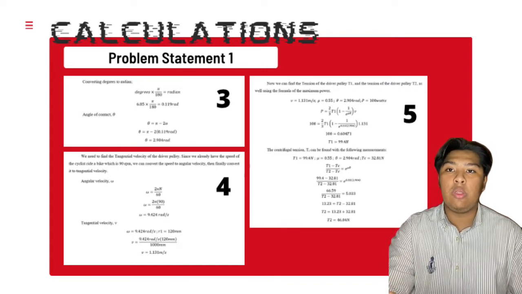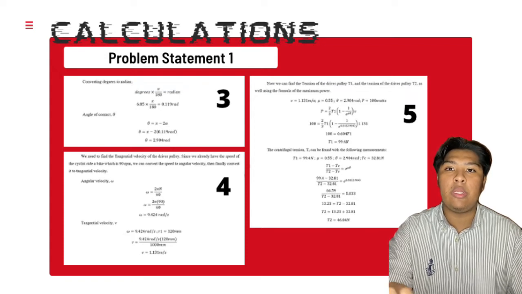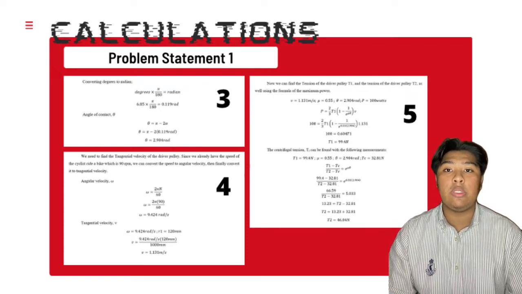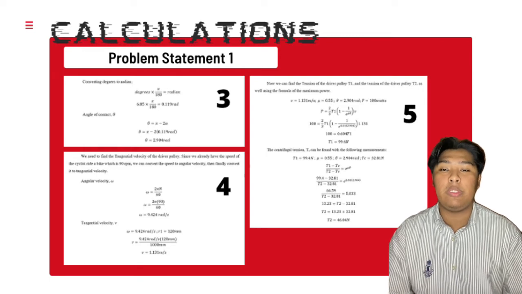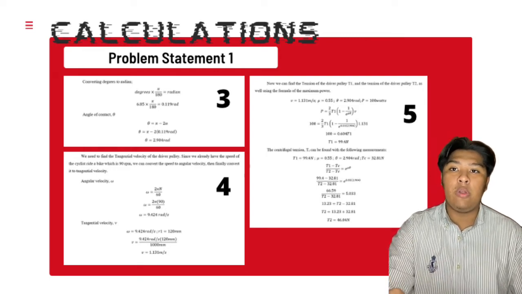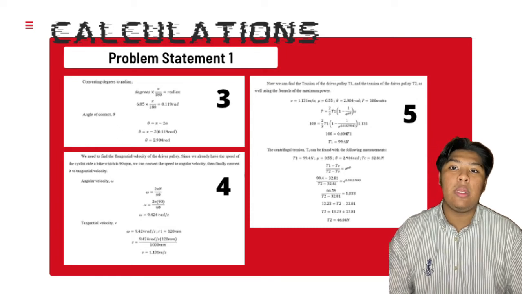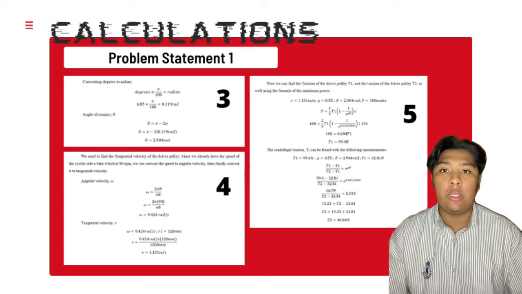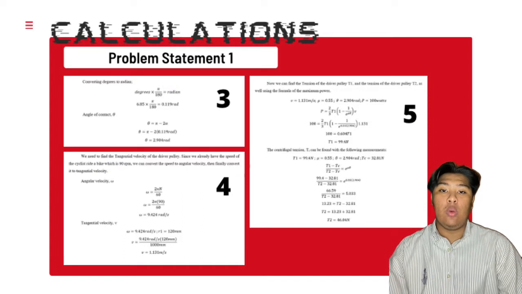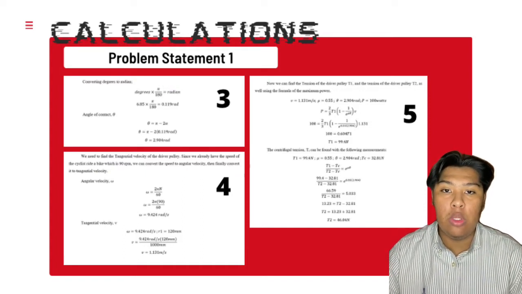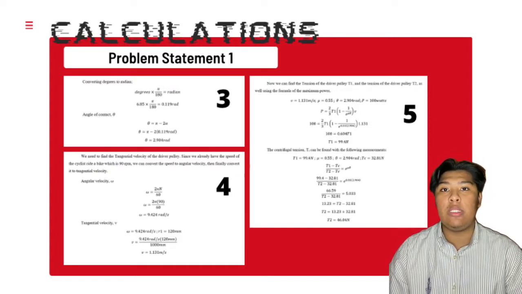So as for the angular velocity, we can find it directly, and we get 9.424 radian per second. And for the tangential velocity, we get 1.131 meter per second. With all the values that we got before, we can find the tension of the driver pulley